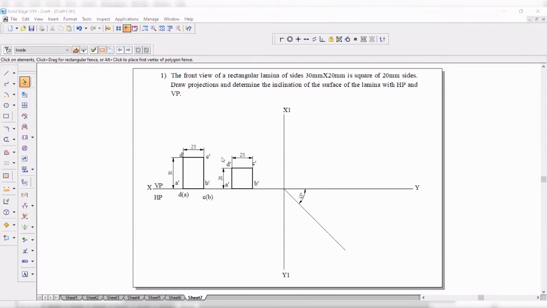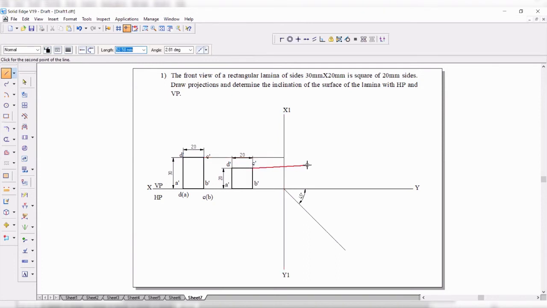Now let me draw the projection from the right side. So from here, a projection here. From here, one more projection here.